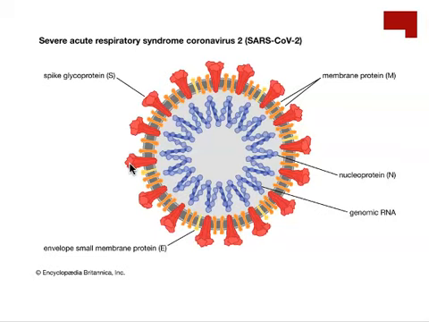ACE stands for angiotensin converting enzyme. That's not a term you need to learn, but it happens to be a receptor that when it binds to these spike proteins, it allows the viral particle to come into our endothelial cells, the cells that